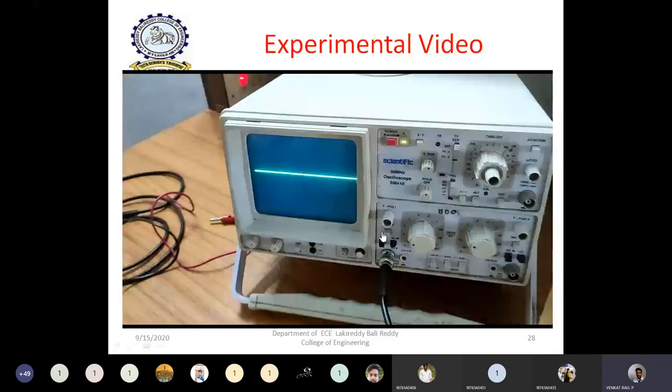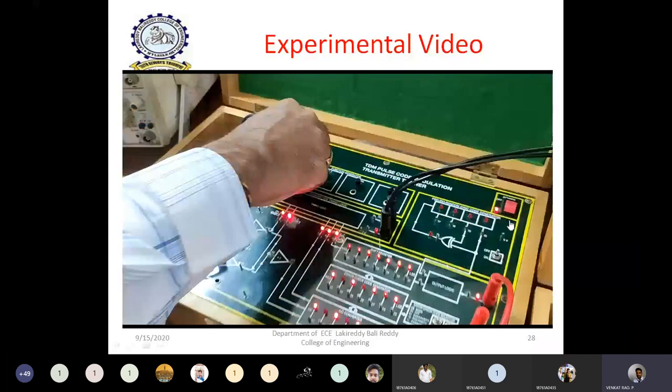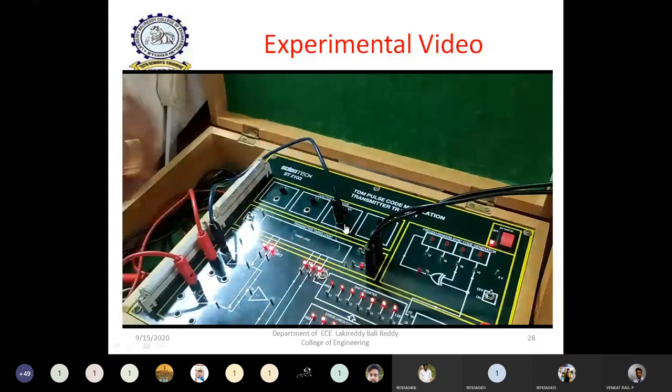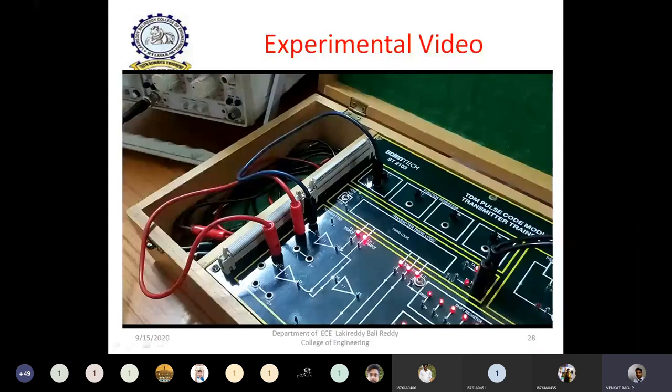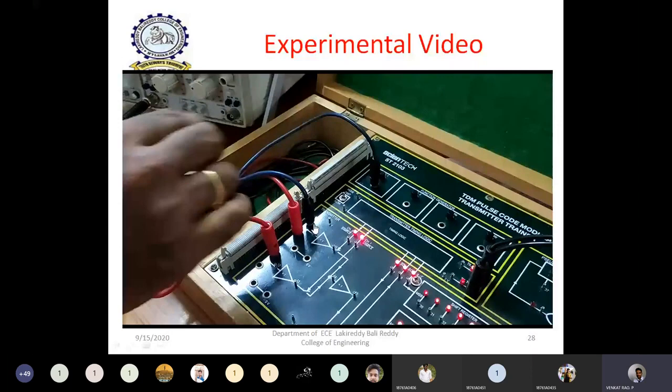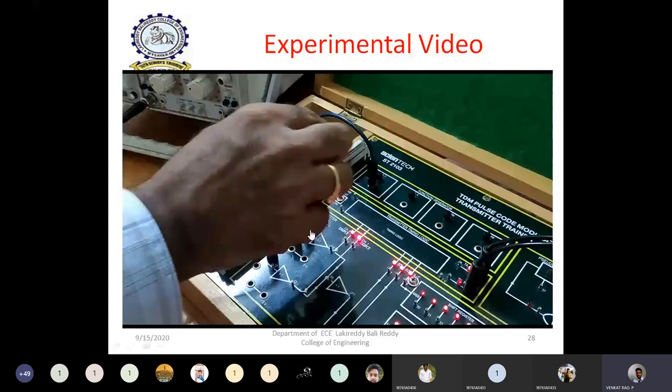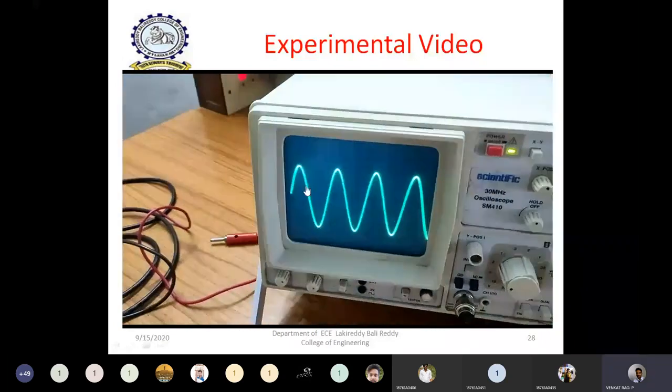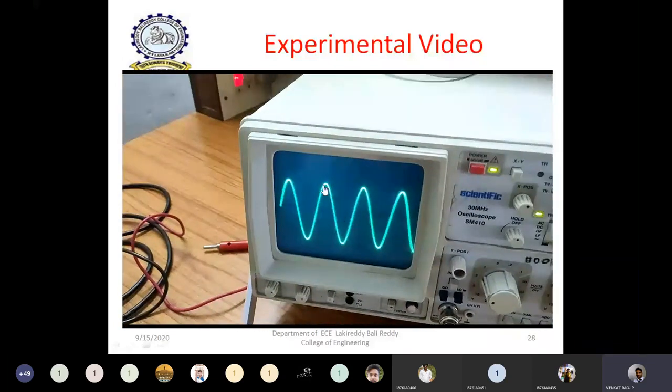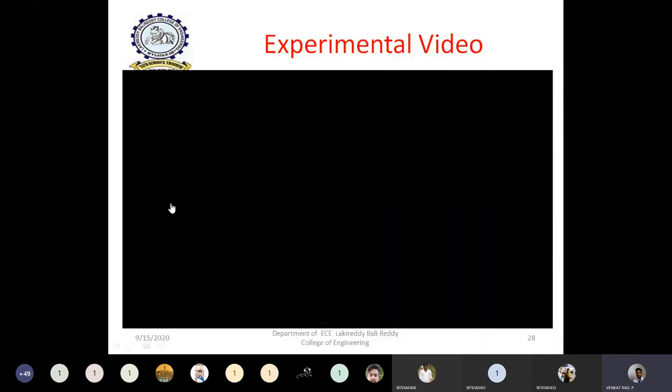But if you change the input signal from DC to an analog signal, that is a 1 kHz sine wave, then if you observe the demodulated signal, here I am changing the DC to AC. So a sine wave is given as the PCM input. If you observe the PCM demodulated waveform, then you can clearly observe the demodulated signal is again the original sinusoidal waveform having 1 kHz frequency with some amplitude. Okay. So this is our experiment of pulse code modulation and demodulation.